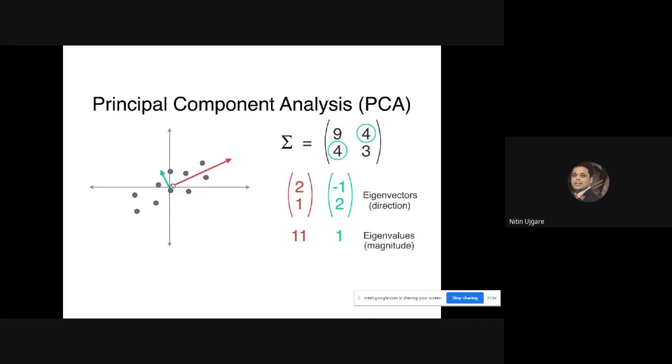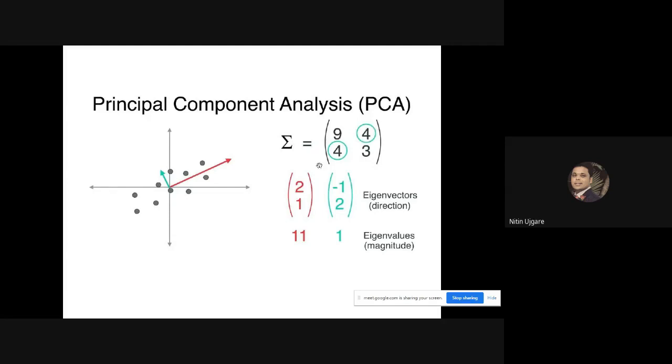Now you may think about why we got these perfect directions of the eigenvectors. This is because of the covariance matrix. We have seen that our covariance matrix is symmetrical for x and y coordinates. That's why we have the same values on the covariance diagonal for both x and y. This is 4 and this is 4. So this is 4 for the x and this is the y value.